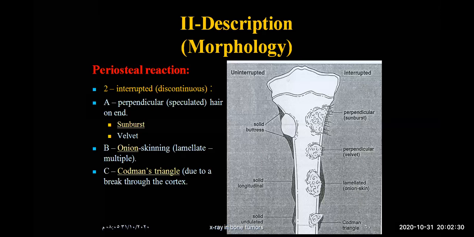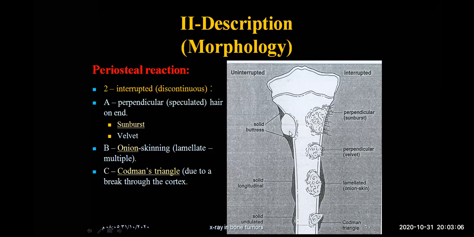Now the common ones are the interrupted or discontinuous, which could be either sunburst, common in osteosarcoma, or onion peeling or onion skinning, which is common, or the striking example is Ewing sarcoma, and the Codman triangle in late osteomyelitis and osteosarcoma. Okay,